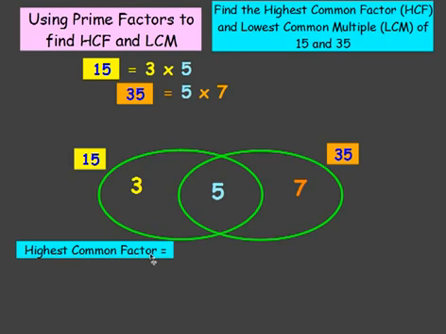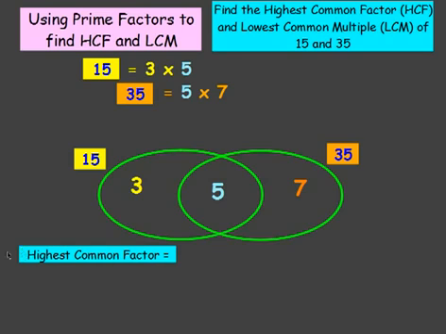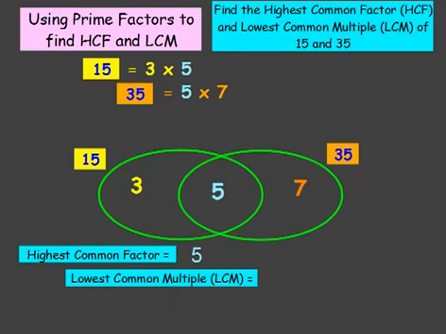Now our highest common factor this time, the one that's common in the middle, is equal to 5 on its own. Our lowest common multiple in this instance is equal to all the numbers multiplied together, 3 times 5 times 7. Now we can see that 3 times 5 times 7 can be written as 3 times all of this multiplied together is 35. So we can write 3 times 35,